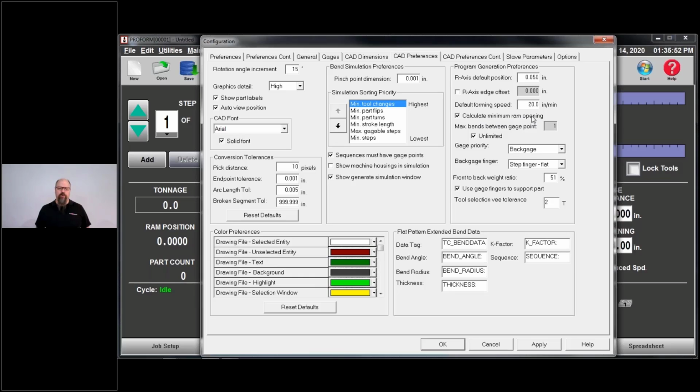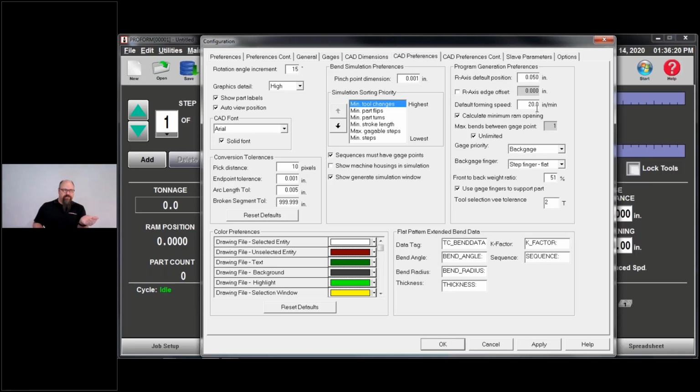Calculate minimum ram opening. So if I'm using the offline software and I'm creating a program, the machine knows how big the part is behind the dies, whether it's an inch or 5 inches or 10 inches or whatever it is. What it's going to do is take that tangential measurement from the bend location out to the end of the part, and it's going to say, hey, that's 4 inches.